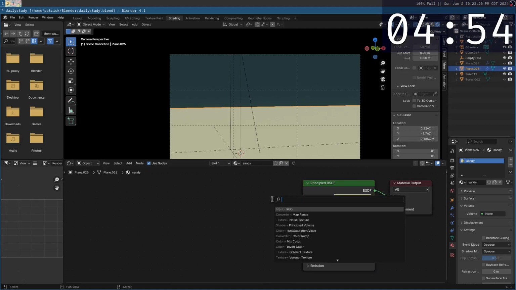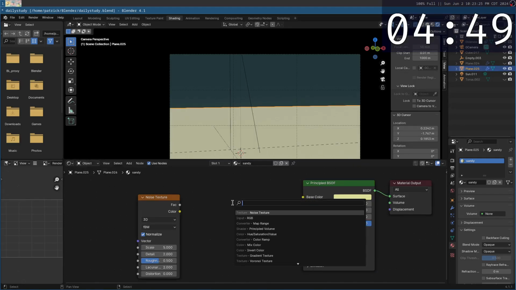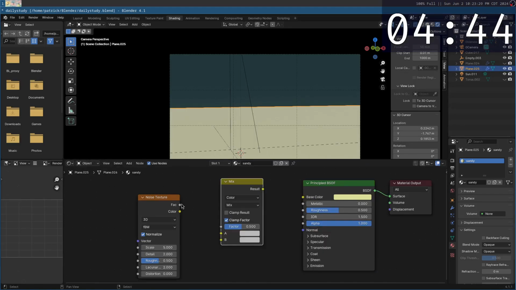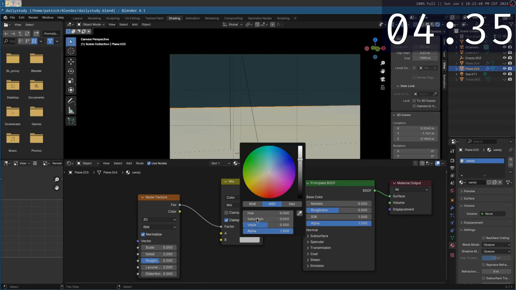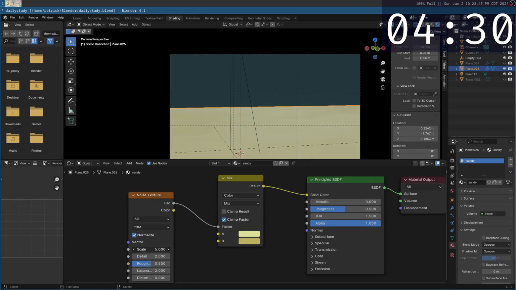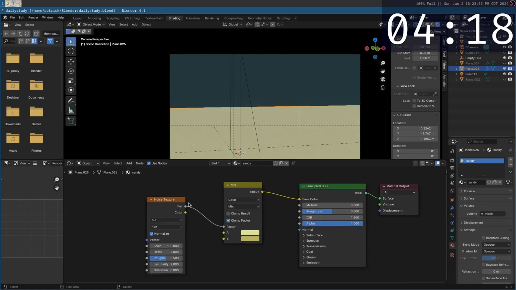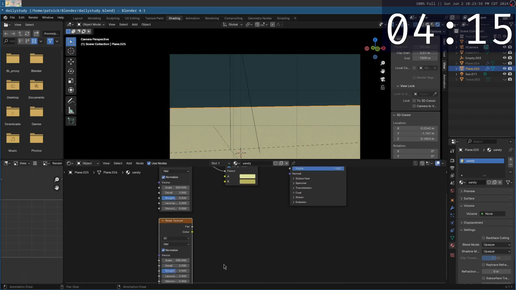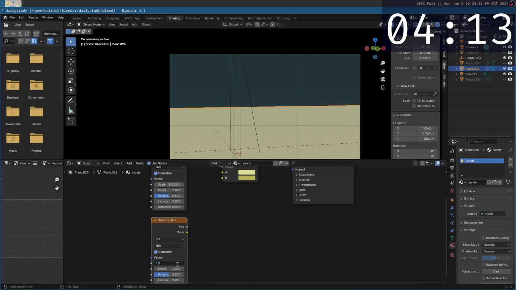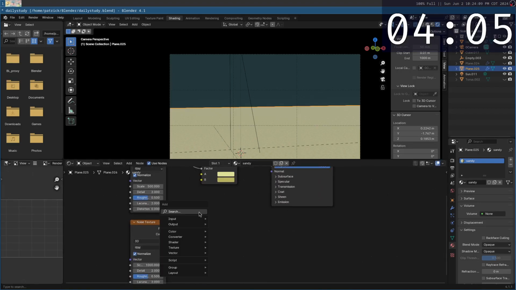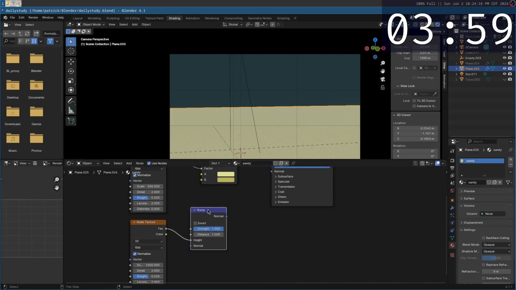Or we'll add a noise texture and add in a mix color. So we'll use this as the factor, and we'll grab this color as our base, and then we can mix in some darker hue as the factor and scale up to like 100, maybe even 500. No, I think 500 should be appropriate. And we'll also use a similar noise texture with that at like 1000, and we'll add in a bump. We'll add in the bump node and use the factor of the noise as the height to have some normal